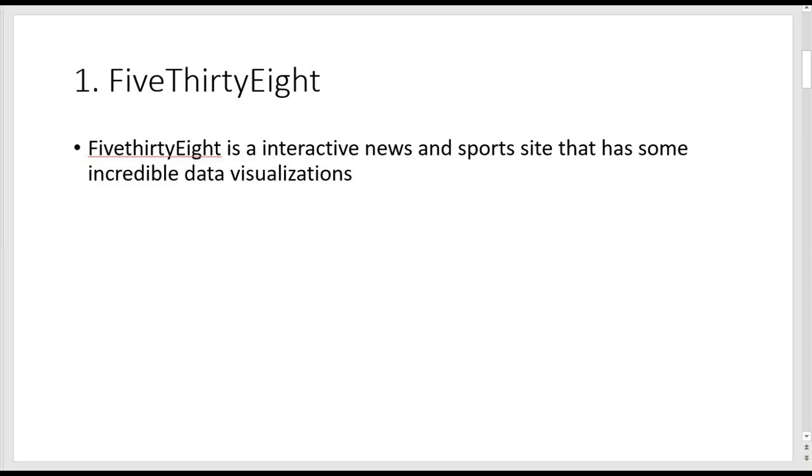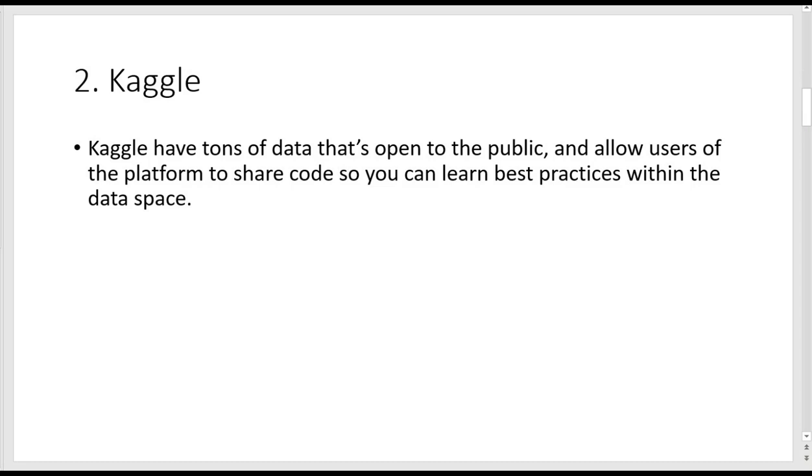Okay, and the next one is Kaggle. Kaggle has tons of data that is open to the public and allows users of the platform to share code, so you can learn the best practices within the data space. Kaggle has one of the best datasets, where we can get good datasets that can help